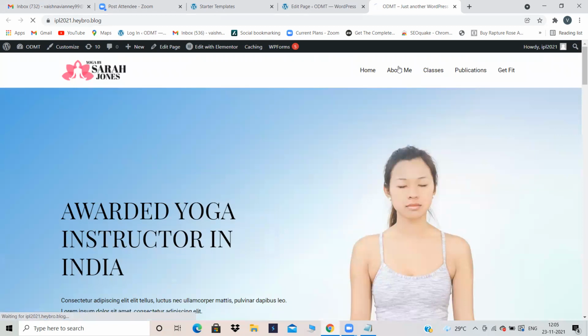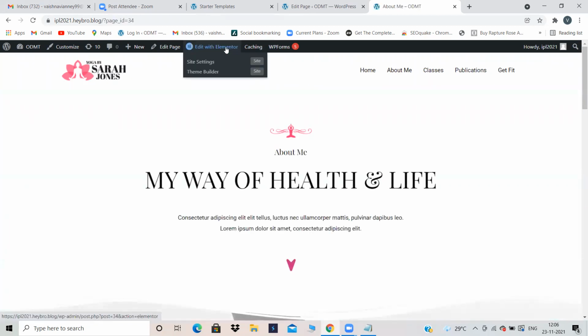Now click on About Me. Then click on Edit with Elementor. At once, only one page you can edit with Elementor. All the pages in one tab you cannot edit. First edit the home page. You first go to the home page, edit with Elementor, update, then come back, then go to the About Me page, then edit with Elementor, then edit completely.